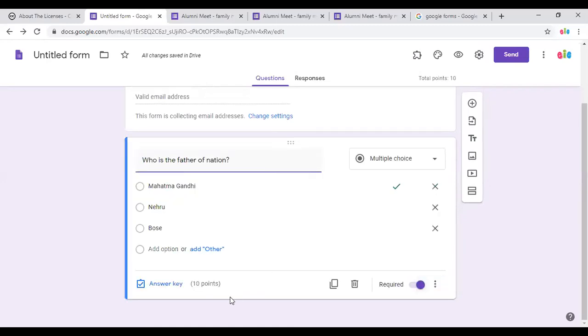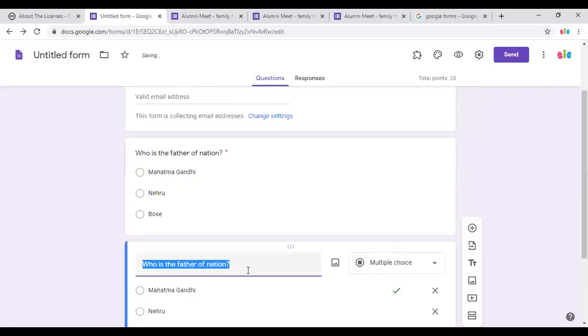So done. I'll make another question. I'll just duplicate this. So here I'm going to give, which of the following is a national animal.